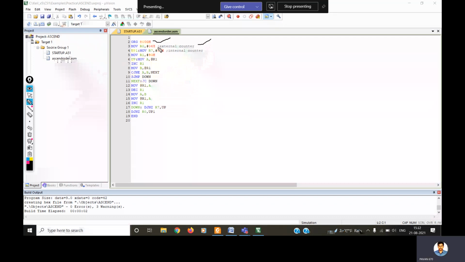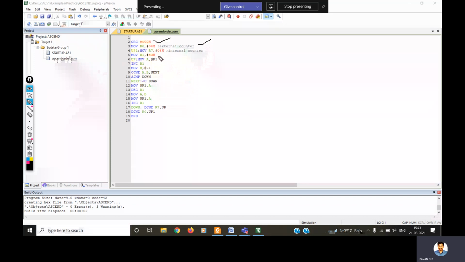So what it means is how many values I am providing. Let us say 4 values, 4 locations. Let us say I am taking from 00 to 04H. Totally 5 locations, I am trying to access 5 values. How many values I want to sort here is 5 values. Okay. Next, MOV R7, #04H. This is another count value I am using here for sorting and everything.